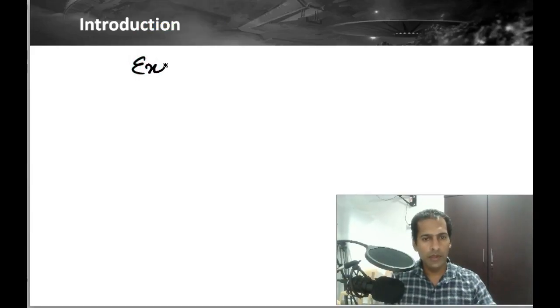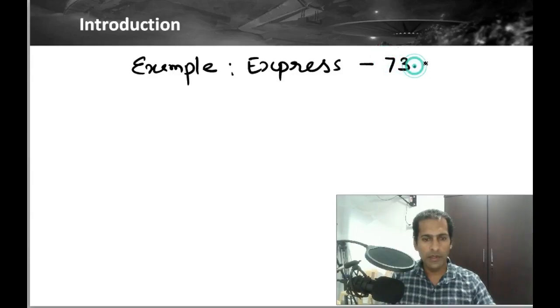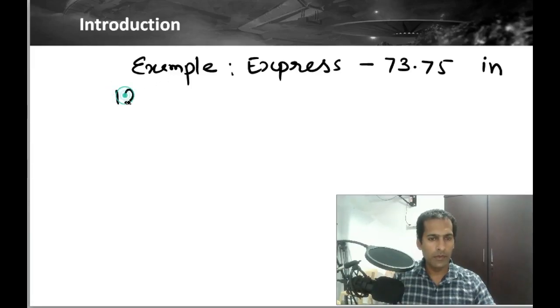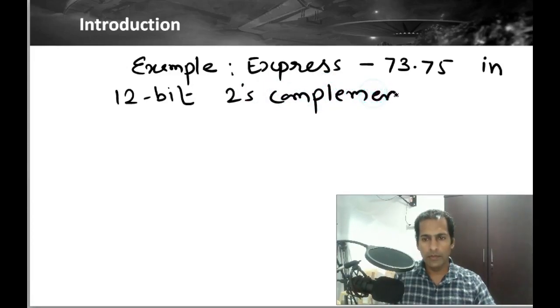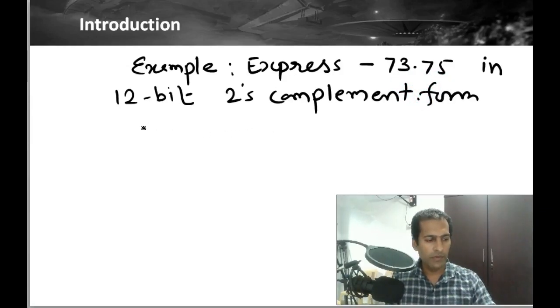Say next example is: express -73.75 in 12-bit 2's complement. Right, 2's complement form, to be precise. Now first we have to write it, say plus 73 plus 0.75 in 12 digits, we can write it as